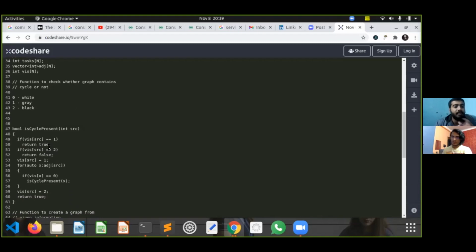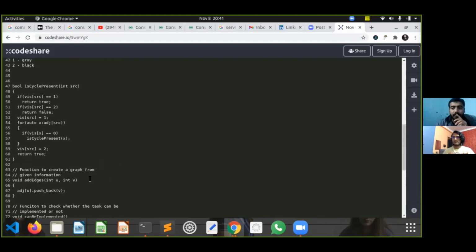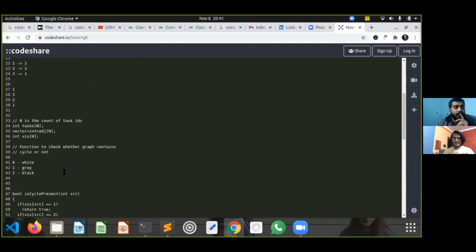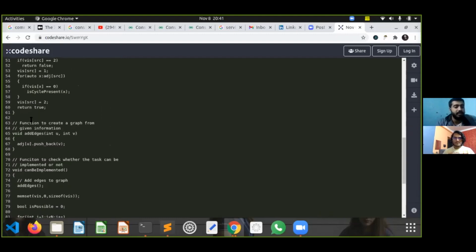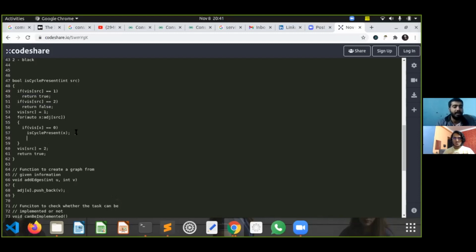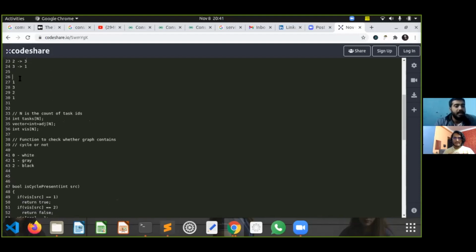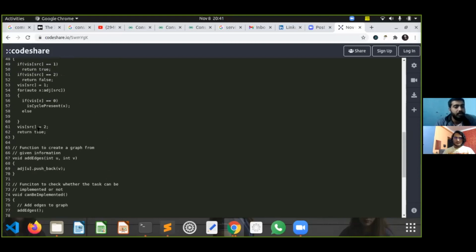I think I'm having the problem in this is cycle present function. Yes. Why after 3, why will 1 be called? No, sorry, because I'll check if it's not visited, only then it gets called. Okay, I need to put another condition here. Else, if I don't have any node, I'll simply return true from that point, I think,